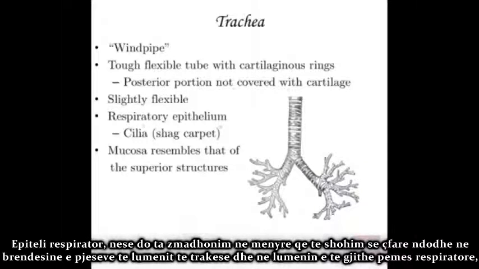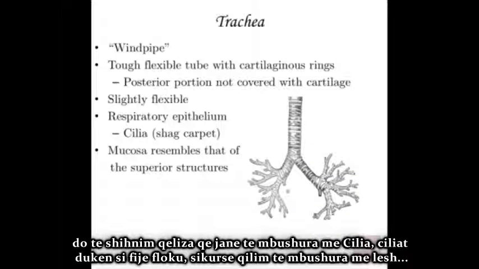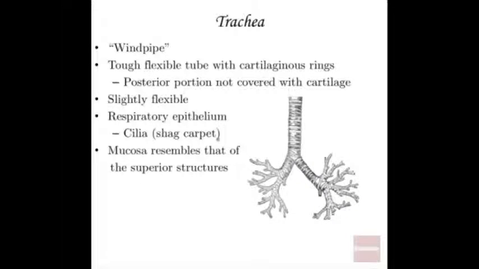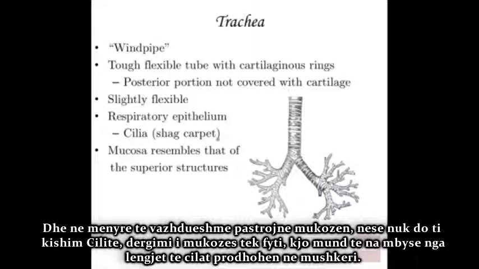And the respiratory epithelium, if you were to zoom in to what's going on in the innermost part, the lumen of the trachea, and then the lumen of the entire respiratory tree, you would see cells that are filled with cilia. And these cilia look like hairs. It kind of looks like a shag carpet. My grandmother's house, the house she used to live in, had a green shag carpet, very 70s. And really, cilia looks like that. And they're constantly brushing up mucus, constantly.